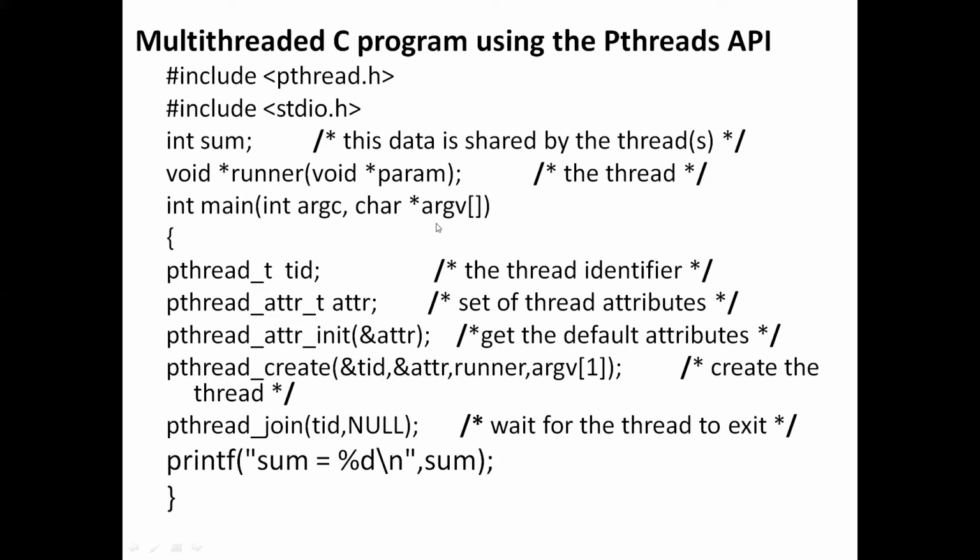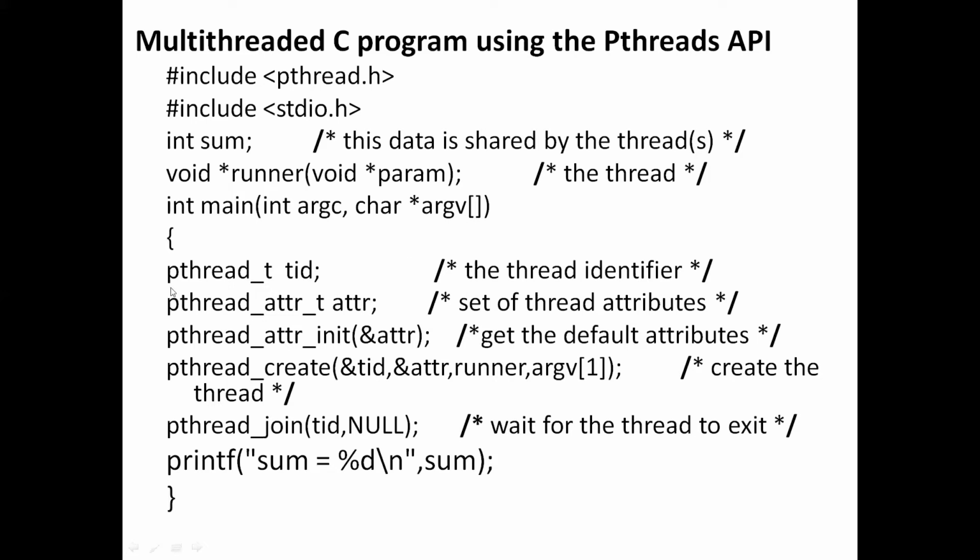In this argument vector, argv of 0 will consist of cmd, which is nothing but the name of the program. argv of 1 consists of the n value, that is 3. We are passing to this main program as command line input the name of the program, cmd, space, and the n value as 3. The n value is stored in argv of 1, and cmd will be stored in argv of 0 in this argument vector.